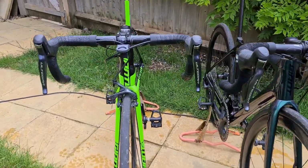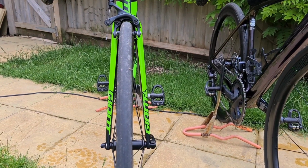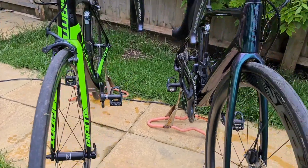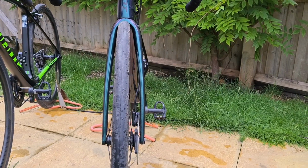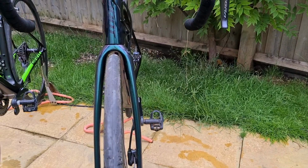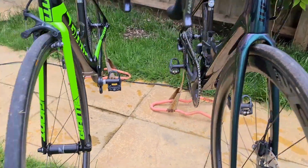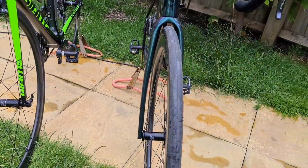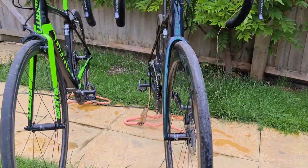It's the fork. Okay, obviously we've got rim brakes here, but look at the fork, it's pretty straight, going all the way down, obviously flared, but straight. Whereas if you look at the fork on this one, you've got a definite bow going on. Now obviously you've got to make room for the disc brake, but I suspect that not only are we getting increased tyre clearance, and bear in mind these are 28mm on the new bike as opposed to 25s, as you can quite clearly see the difference on the old bike, but I suspect that that shaping has some significant aero